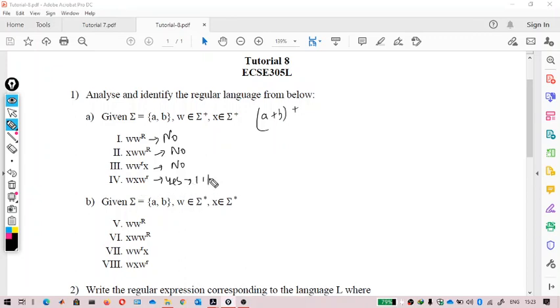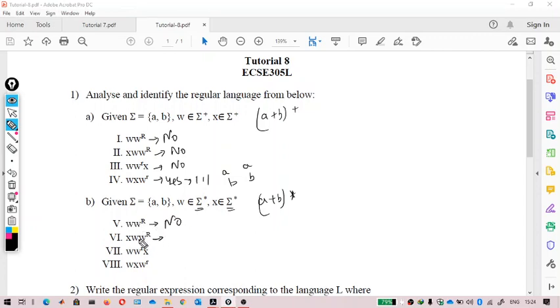So W can be of length one, starting and ending with A, and starting and ending with B. That is why this is a regular language. In a similar way, in this one, the question differs only in the string that is included here, which is star. So it means that (A plus B) star can come in this. Now see this one. Now W W^R, because again you have to remember the part of W and you have to see the reversal. There is no other string coming in between, so only W W^R is present. So this is not a regular language.